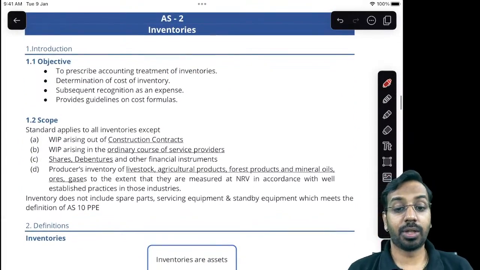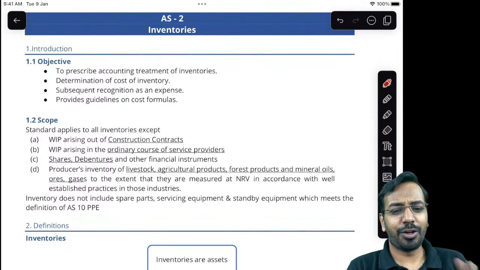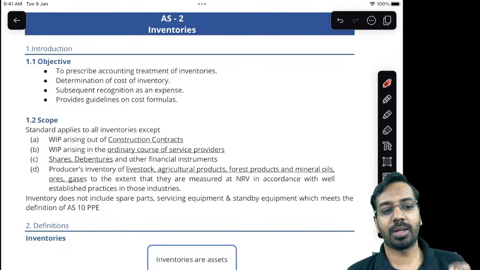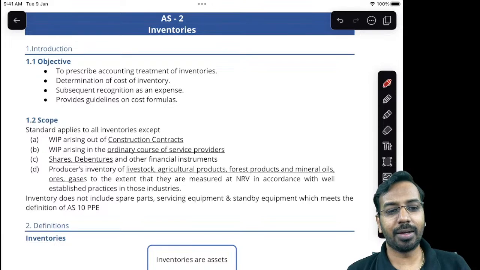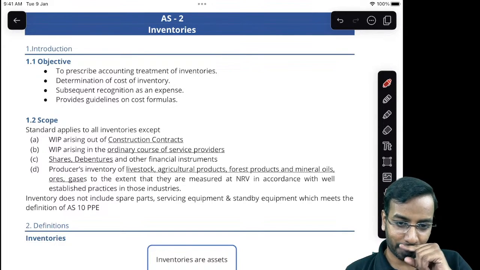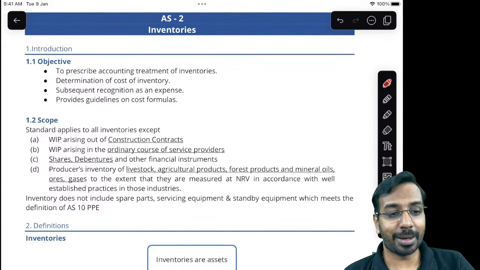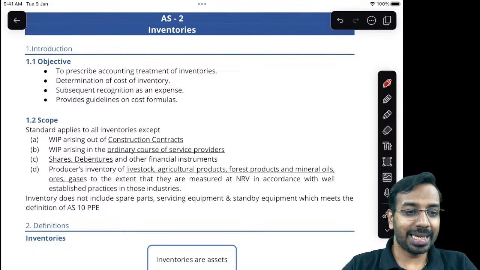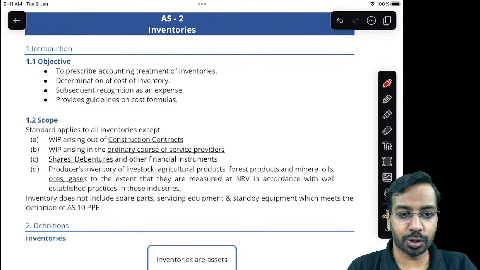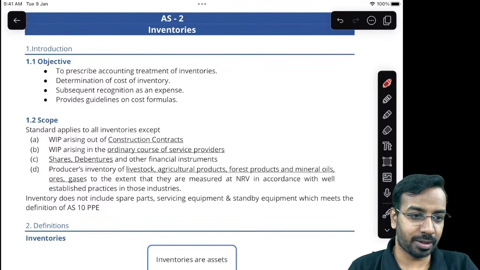Moving on to the next standard. Normally every alternate attempt we see a question from Accounting Standard 2, Inventory. Very important from the examination point of view as well. In case you have any questions while I am discussing, or you want me to solve some specific question, please feel free to ask that. Okay, now